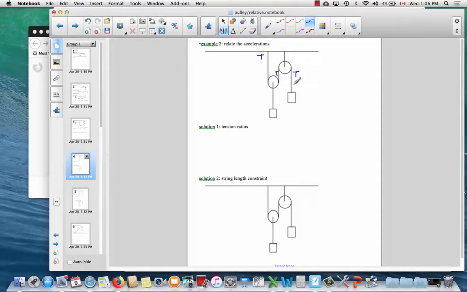So there's a tension T pulling up on this mass. But here with T and T here, this will be twice T in this string. And therefore, if this mass has acceleration A, with twice the tension in this chord, there will be half the acceleration there. Now, if we instead tried to do that